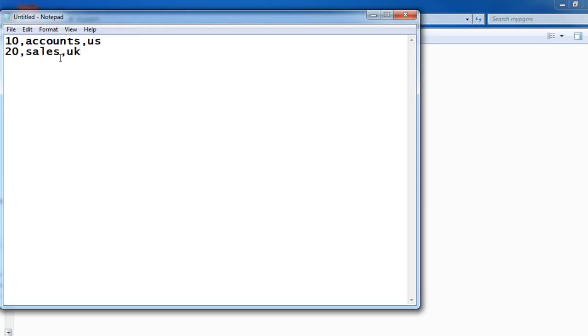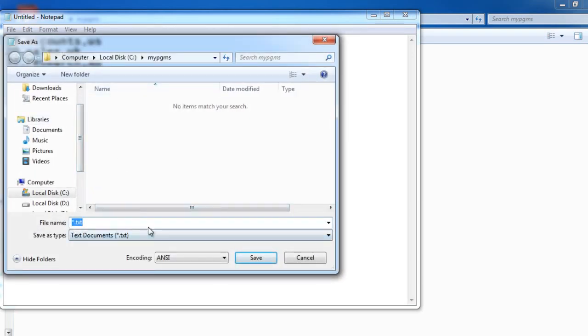Okay, then 30 some research. Then I'm just going to save it as .csv and say all files. Then I'll just name it as dpt1.csv.